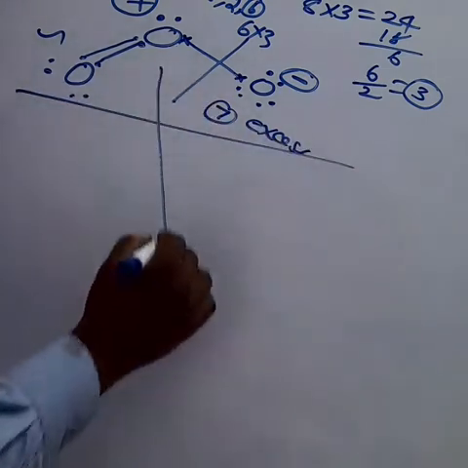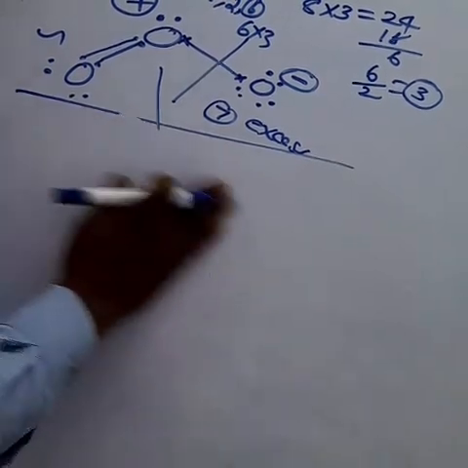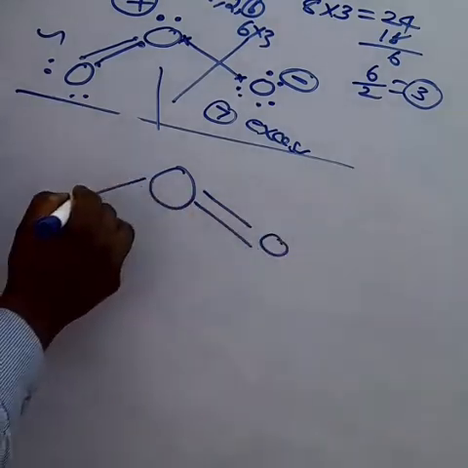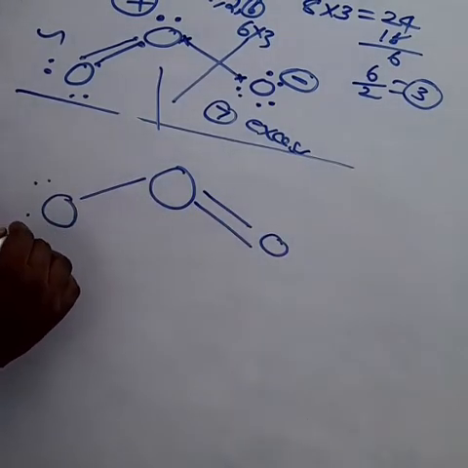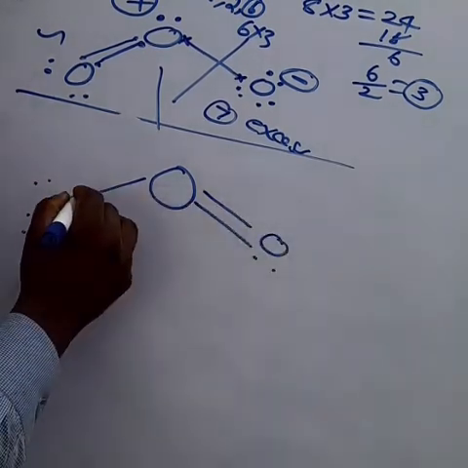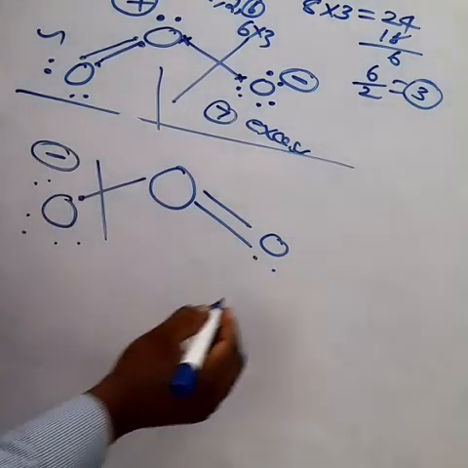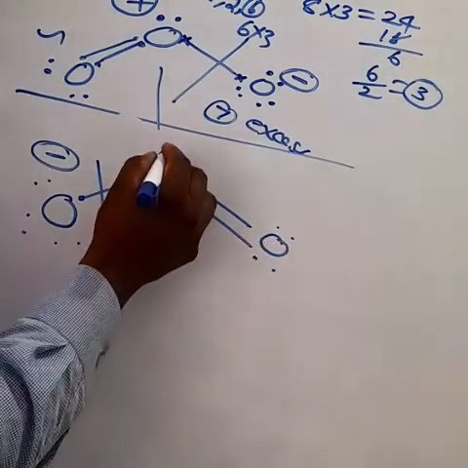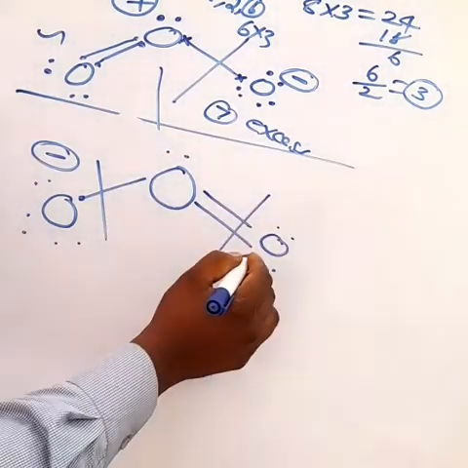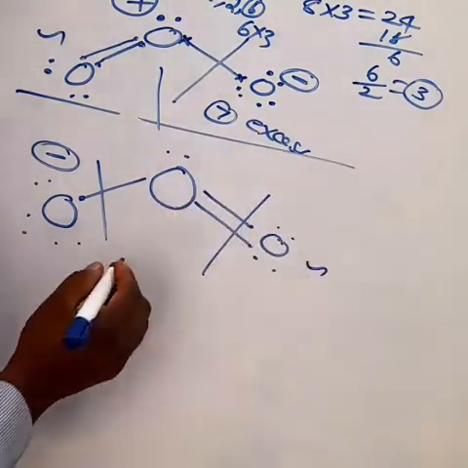Next one, change the structure. First we make a single bond oxygen and a double bond oxygen. So make it 6 electrons here: 1, 2, 3, 4, 5, 6. Here also one more, so excess electron, so make it negative. What about the double bond oxygen? Double bond having 4, so here plus means make it 2 electrons. Already we learned the electron dot structure.